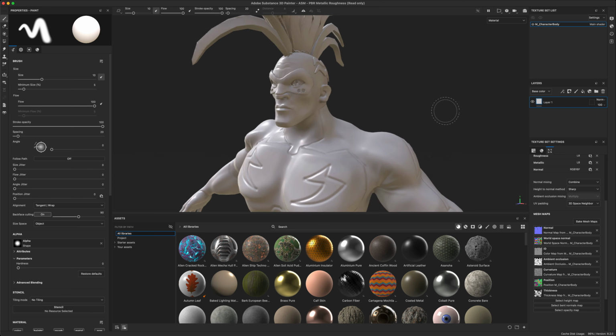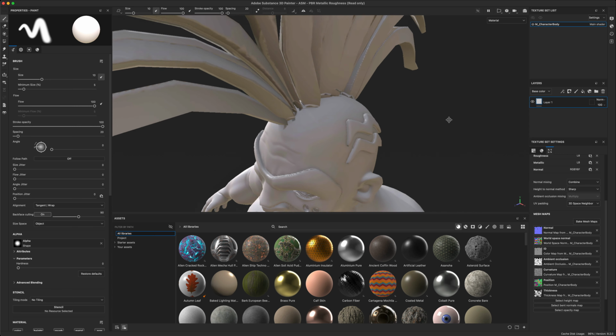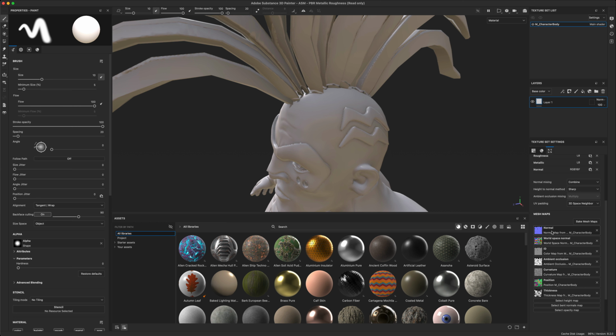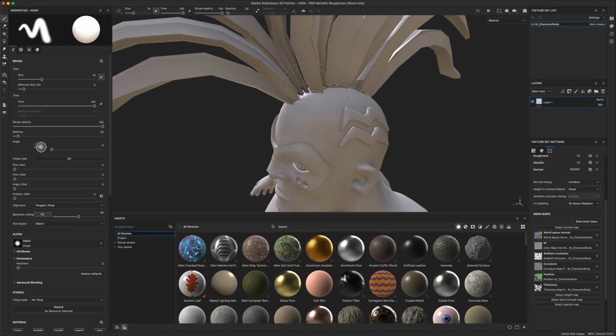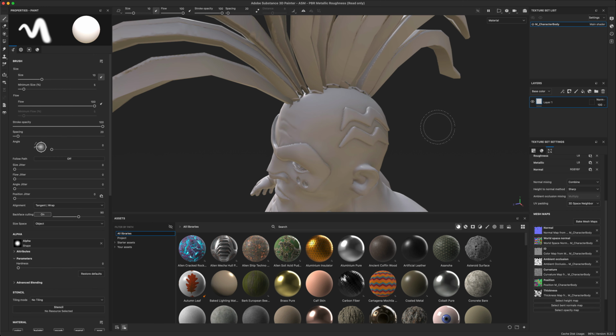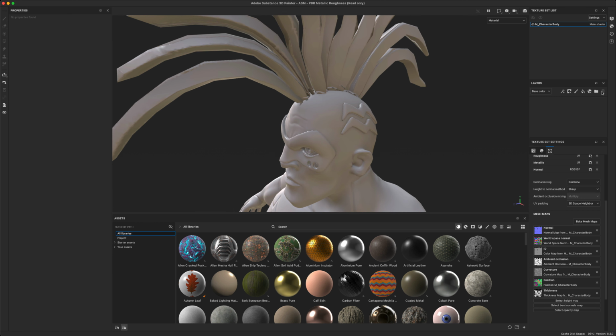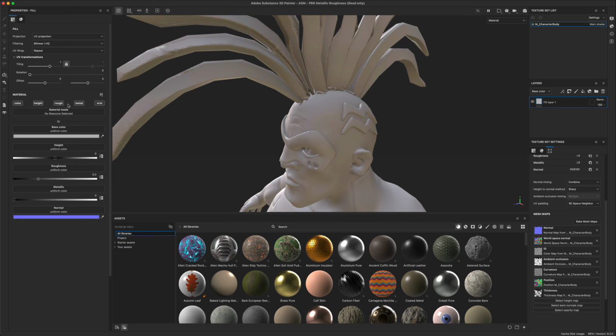Just to finish this off, to clean this up, what you want to do is if you delete the normal map from the bake, you can see that was the culprit, and you can also delete the ambient occlusion, and you can see that's what's causing it. So let's do Control Z twice. You do want to bring it back, and what we could do is we can create a new fill layer, right? We can press Alt and click on normal,